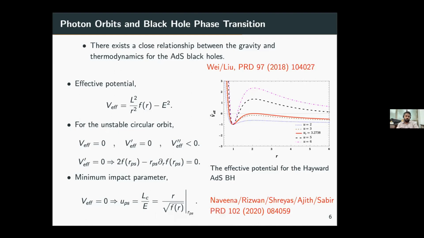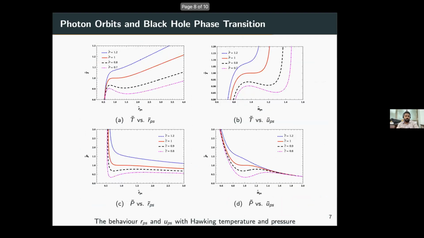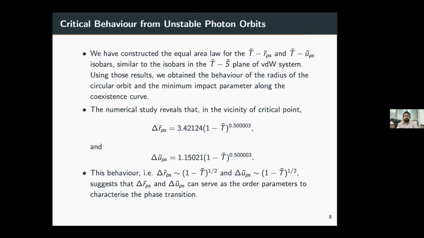We calculated the two important parameters, that is the radius and impact parameter of this unstable circular orbit, and studied their behavior. What we observed is that they behave exactly like the temperature-entropy and pressure-volume curves when plotted against Hawking temperature and pressure. This shows that the phase transition behaviors are reflected in the photon orbit parameters. We even studied the critical behaviors from these two parameters. We constructed Maxwell's equal area law for the T-r and T-u isobars. By studying delta r, the change in photon orbit radius, and the minimum impact parameter during the phase transition, we found that these two parameters can serve as order parameters to describe the phase transition